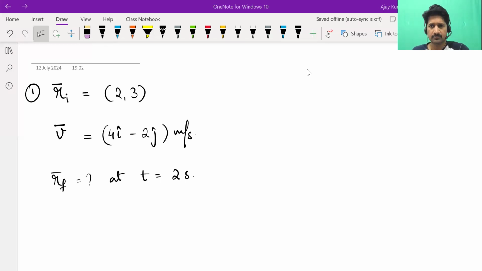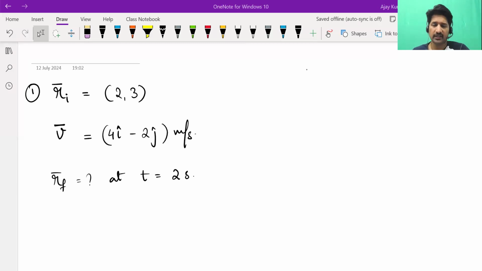Sir, V is equal to final position minus initial position by time. So you are saying velocity is displacement by time. Yes, sir. But Pawan, tell me correctly, what does displacement by time actually give you? Velocity, sir. In velocity also there are different types. There are two types of velocity. Displacement by time gives you average velocity, correct.